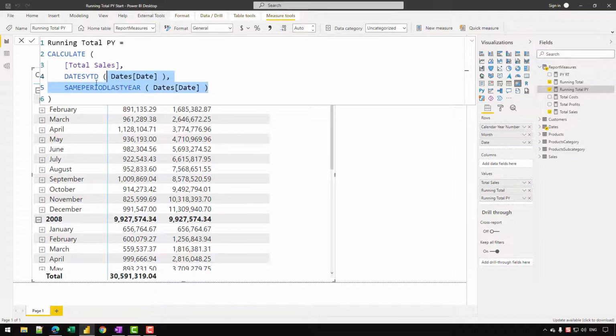When calculate evaluates these two arguments in an AND operation, they are merged together so that they intersect, and only the dates existing between those two filters created by these two table functions are considered for the sales amount. But in this case, same period last year is returning 2006 and datesYTD is working on 2007. Therefore we are not getting any intersection, and calculate returns a blank value.